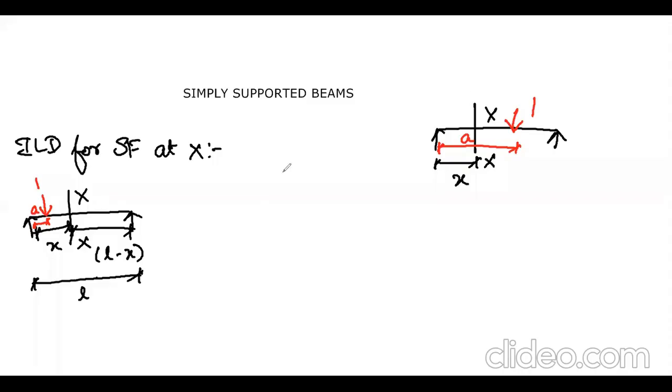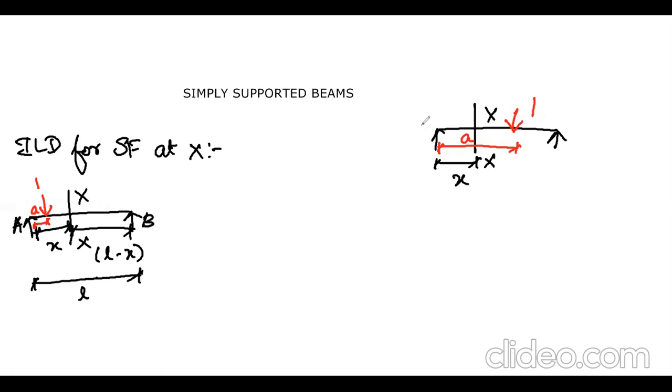Now we are going to discuss the influence line diagram for shear force at any section X in the simply supported beam we have considered. First we are discussing the shear force. We should apply the unit load in two different places. For this beam, I am considering a section XX at a distance of X from the left support A. In the first case, I will be placing this unit load in the region AX.